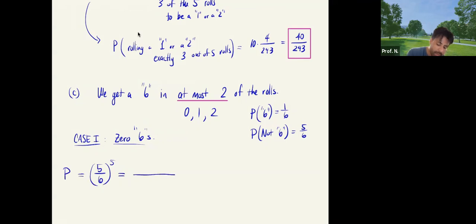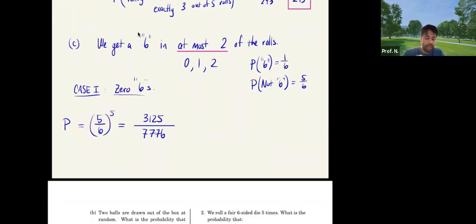And that's a pretty big number, right? 5 to the 5th power is pretty big. It's 3125. This would be 6 to the 5th, which is 7776. That would be the probability of me rolling 5 rolls that are not 6s. Now that's case 1. Case 2